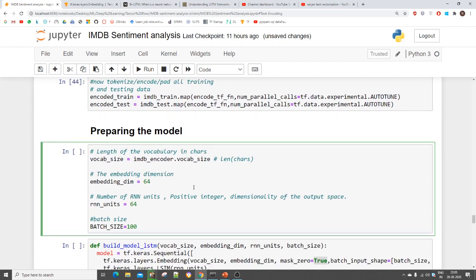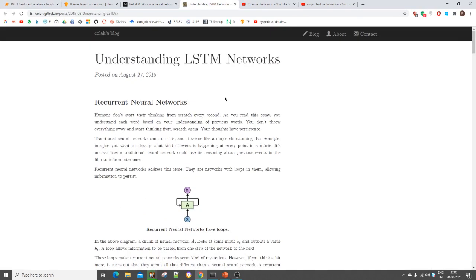Now it's about preparing the model. I have to define the number of layers. In this I am using an LSTM model. LSTM refers to the long short term memory neural network. LSTM is a type of RNN, and RNN is recurrent neural network. If you are not aware what RNN and LSTM are, this link shows everything with better clarity. If you read this, you will understand. If you are facing any difficulty understanding RNN, LSTM or GRU, just let me know in the comments. I will upload a separate video on this topic, the basic intuition of RNN and LSTM.